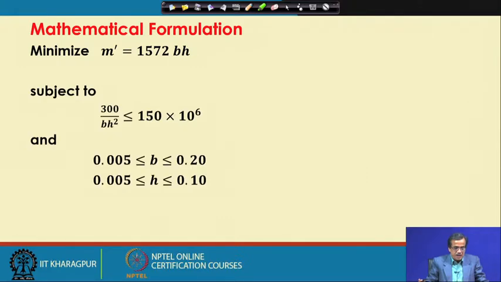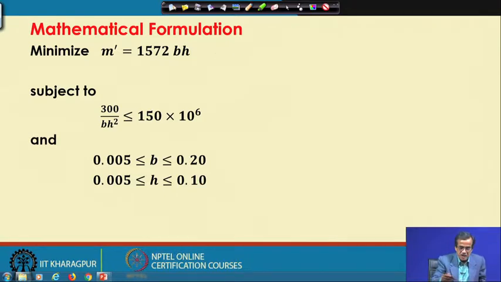Mathematically, this problem can be stated as follows: minimize the mass of the cutting tool, that is M prime, which is 1572 B H, subject to the developed stress, that is 300 divided by B H square, less than or equal to 150 multiplied by 10 raised to the power 6, and B and H lying within their respective ranges.